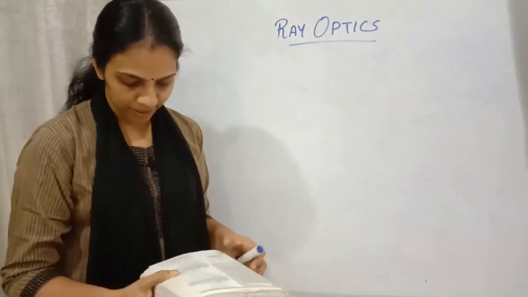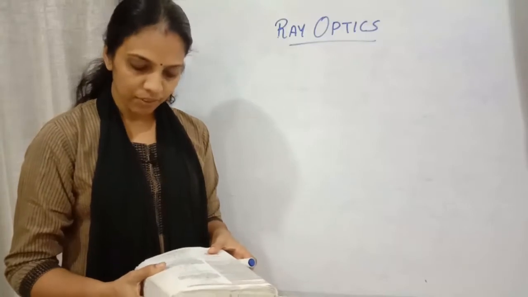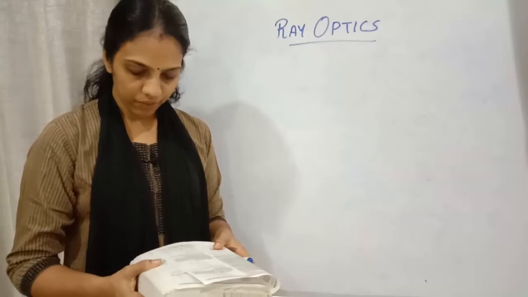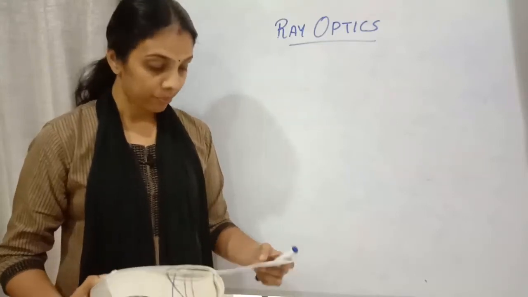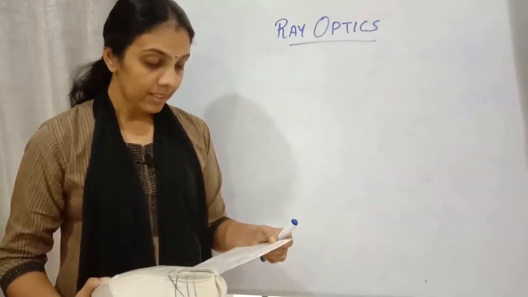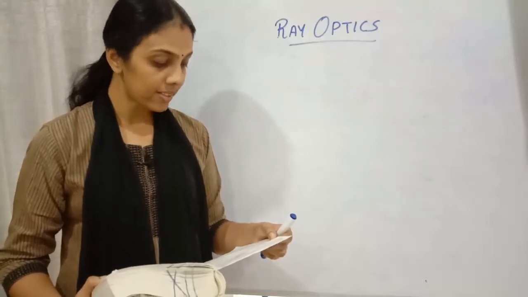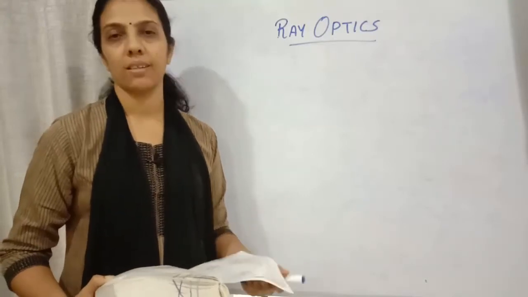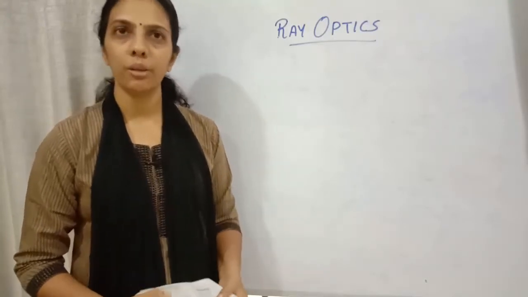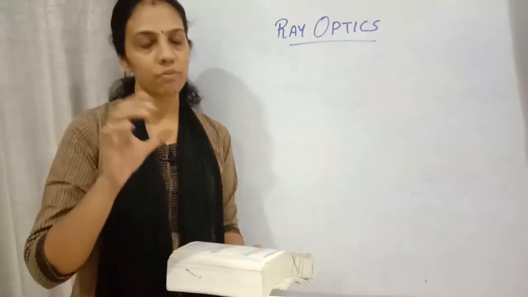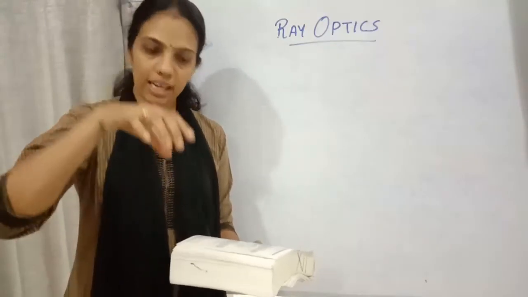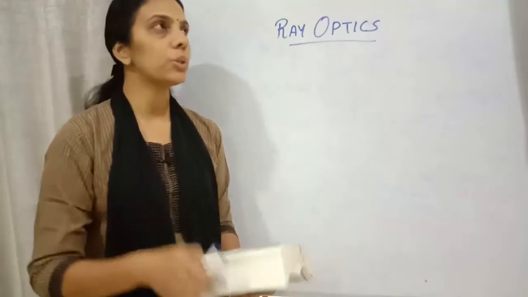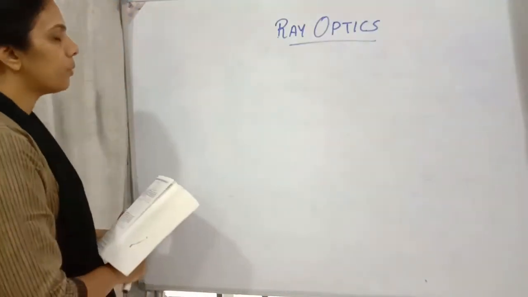An empty spherical flask of diameter 15 centimeter is placed in water of refractive index 4/3. A parallel beam of light strikes the flask. Where does it get focused when observed from within the flask? Okay, so the empty spherical flask is kept in water having refractive index 4/3. So you should imagine that water is here.